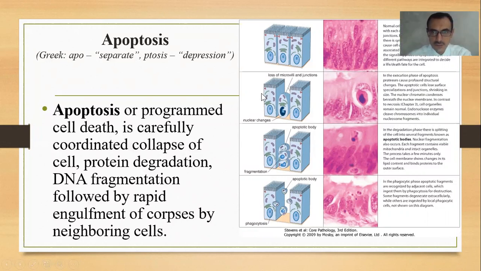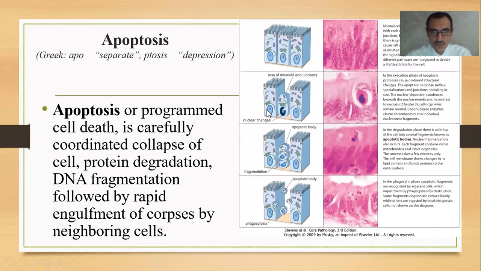In the execution phase of apoptosis, the proteases cause profound structural change, and the apoptotic cells lose their surface specializations and structures, such as microvilli, pseudopods and cell junctions, and shrink in size. The nuclear chromatin condenses beneath the nuclear membrane. In contrast to necrosis, which we'll also discuss later, the cell organelles remain normal,